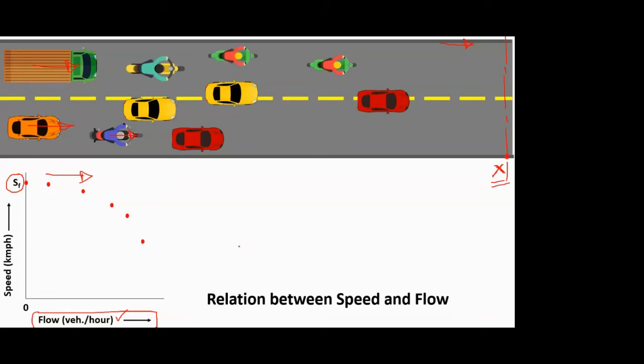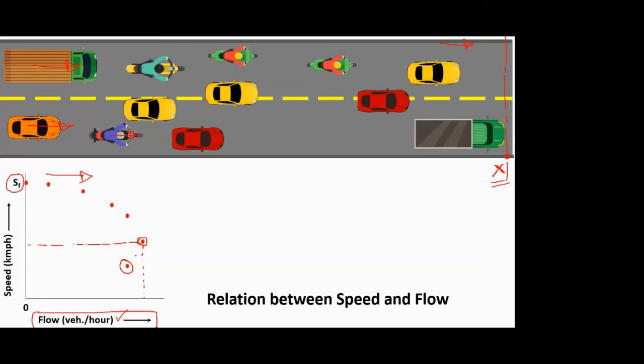Okay. And after some point of time, after this point, we have seen that your speed has reduced up to this point, and the flow value is also a quite sufficiently high value. Now observe, when I put more vehicles into this system, suppose 2 vehicles have been introduced. Now obviously the speed is going to decrease, but now you see here what has happened. The point now plotted is shifted backwards on the x-axis.